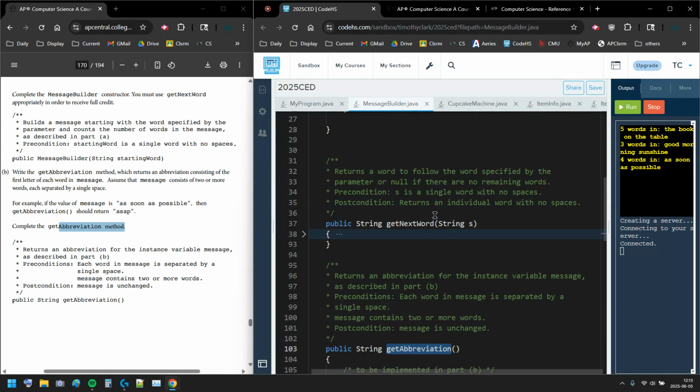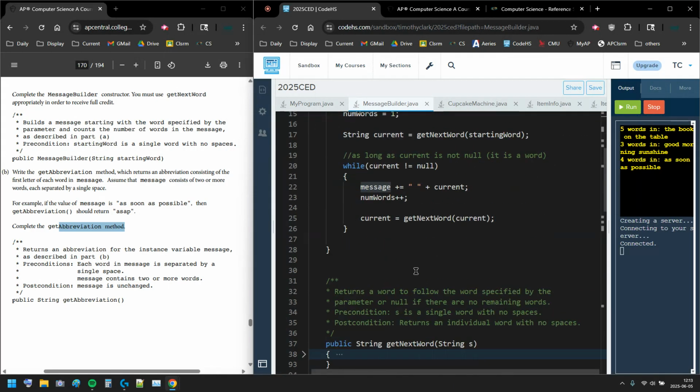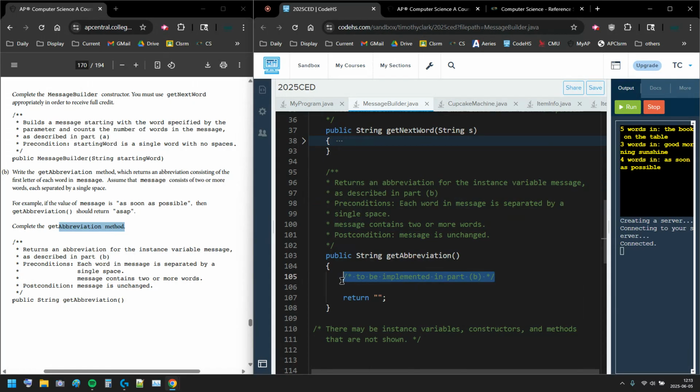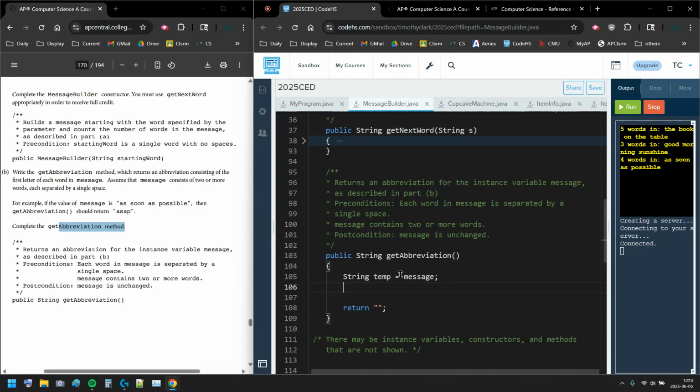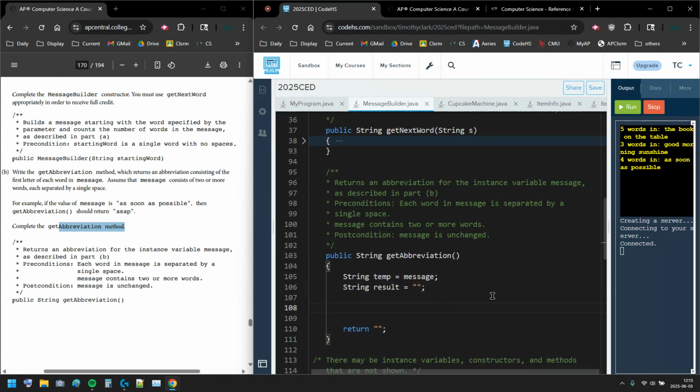Okay, so in getAbbreviation, I need to first copy message into a temporary variable. So I'm going to say String temp equals my message, because I can't mess with the message, right? It says message is unchanged, so I'm not going to mess with message. I need a result, String result. Then I'm going to get the current word and get everything after the current word. So I'm going to say while